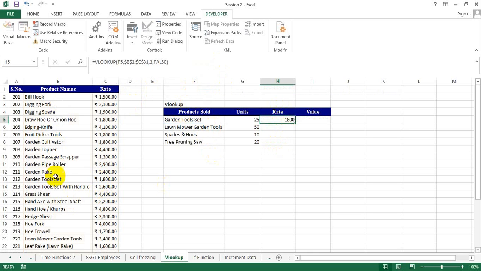And somewhere if we scroll here, the garden tool set, 1800 rupees is the rate, and we get that particular rate. I double click to get the rates of all the subsequent items, and I am ready to prepare my